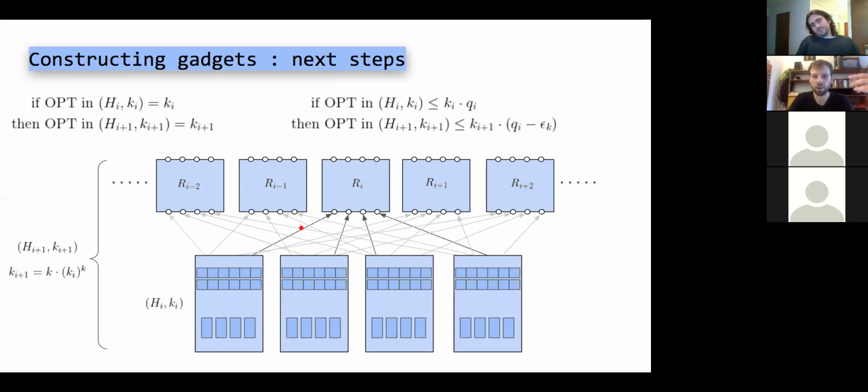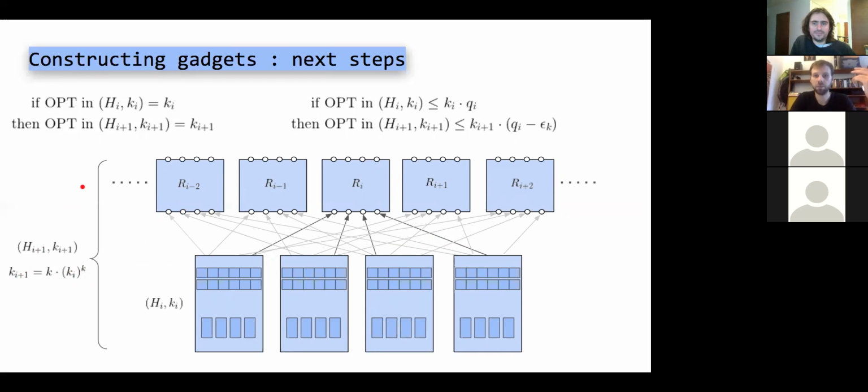We consider all the possible ways of connecting the sinks of H_i to a new copy of G, and take all these possibilities and put them in a new row. So right now the number of tuples R is the previous parameter k_i, the number of sinks over there, to the power of k, because we have k choices. So the new parameter would be this big,